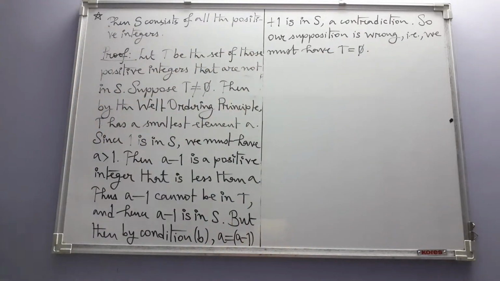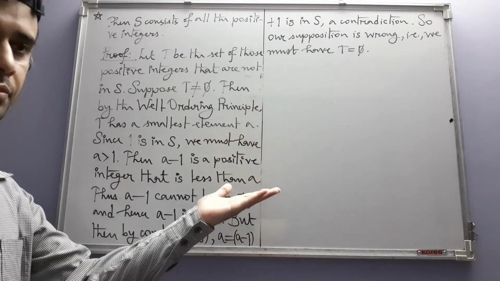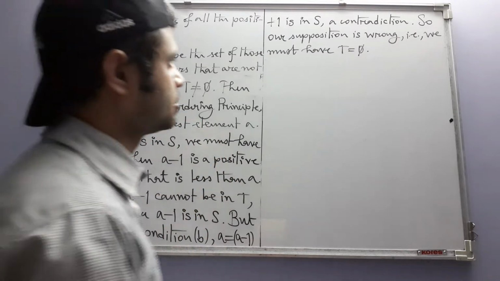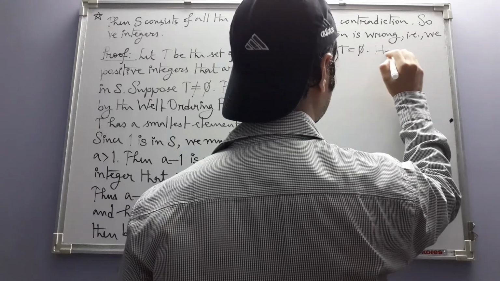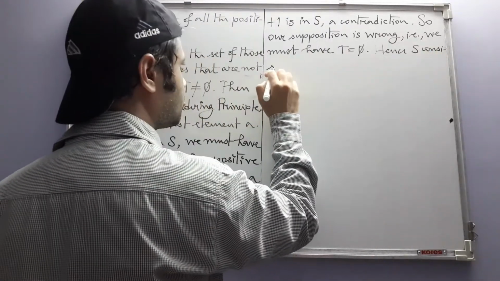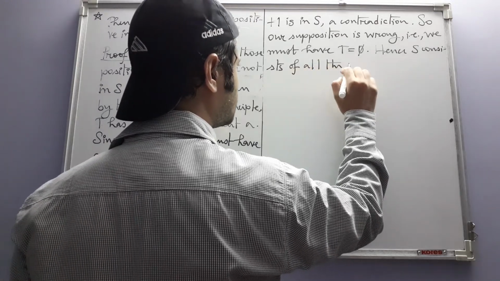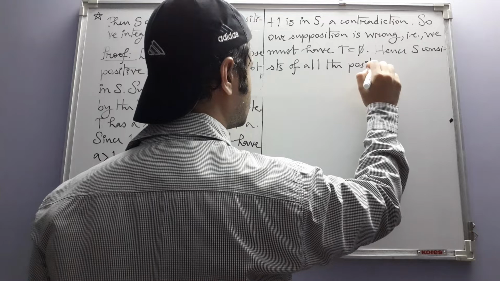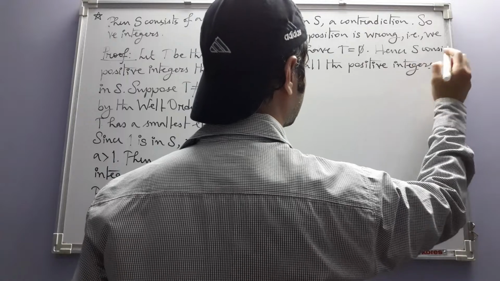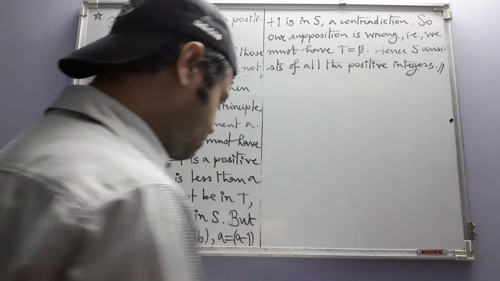So that means the set of those positive integers that are not in S is empty. In other words, S has all the positive integers. Hence, that completes the proof. Okay. Now,